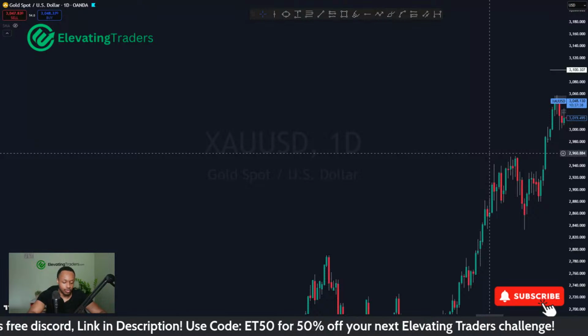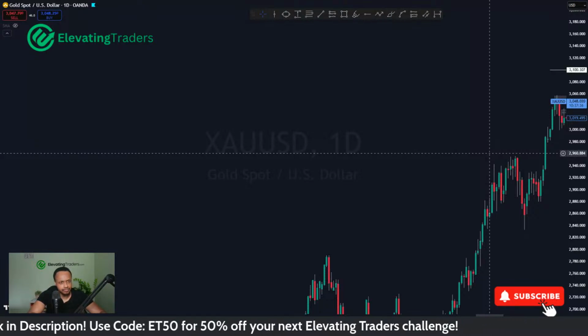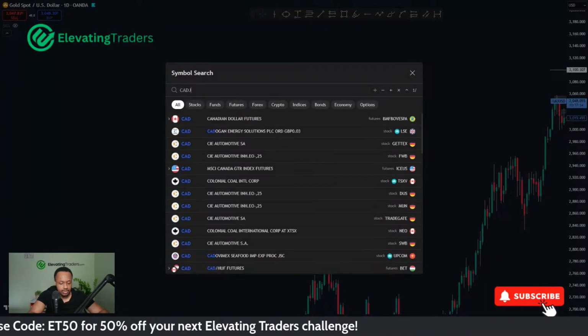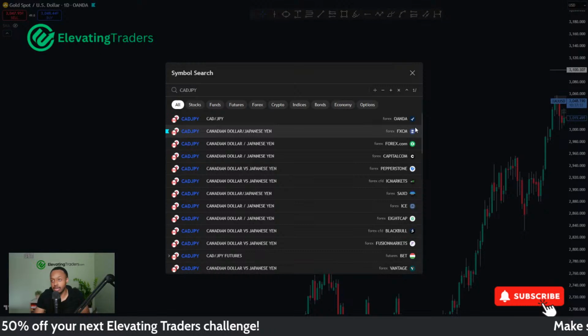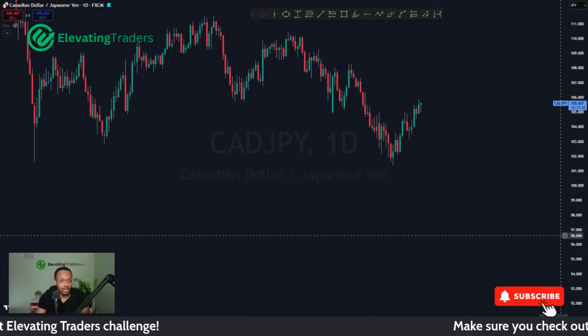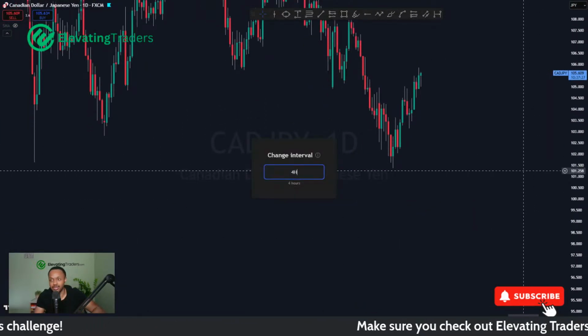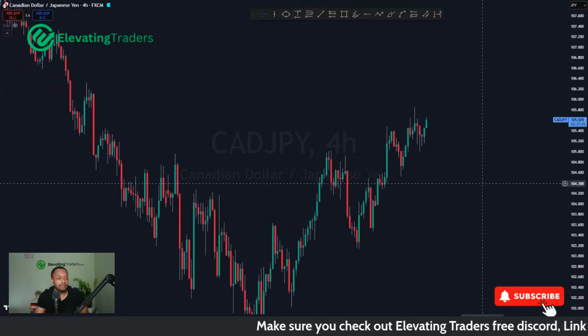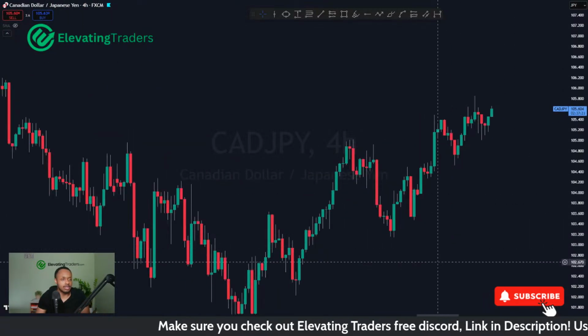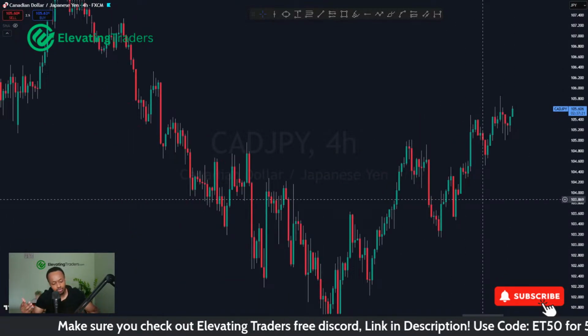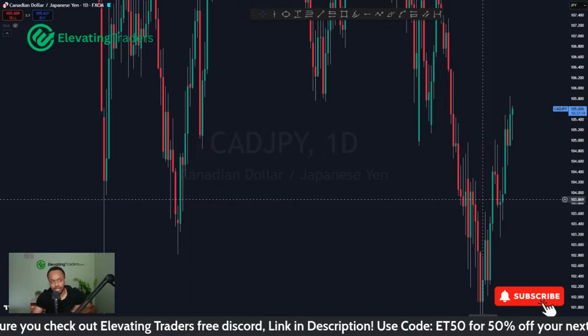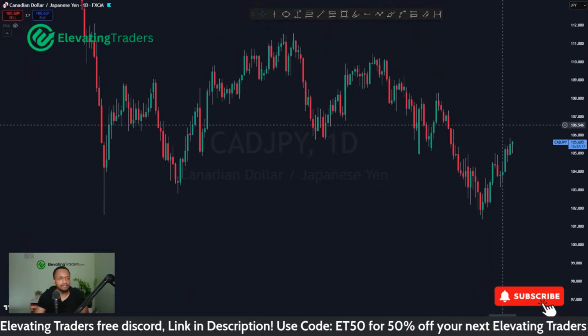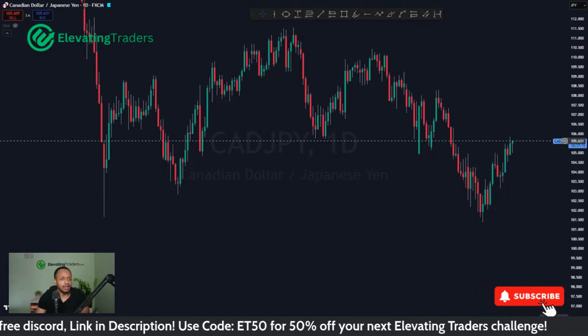Anyway, let's go through CAD yen. It looks like the yen pair is a little bit strong, at least last time I checked. I need to be careful with that, because the last time I checked, gold was a bit sideways and now it's flying. Yeah, it looks like CAD yen is still pretty bullish there. Again, I'm getting ready for a sell for CAD yen. I'm looking for price to come a little bit higher.